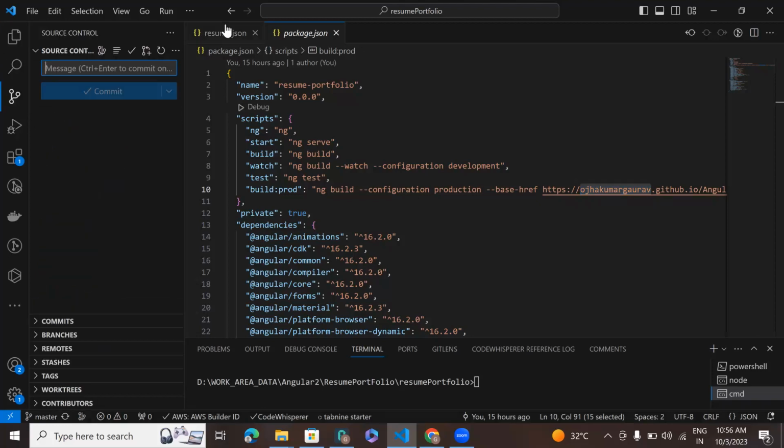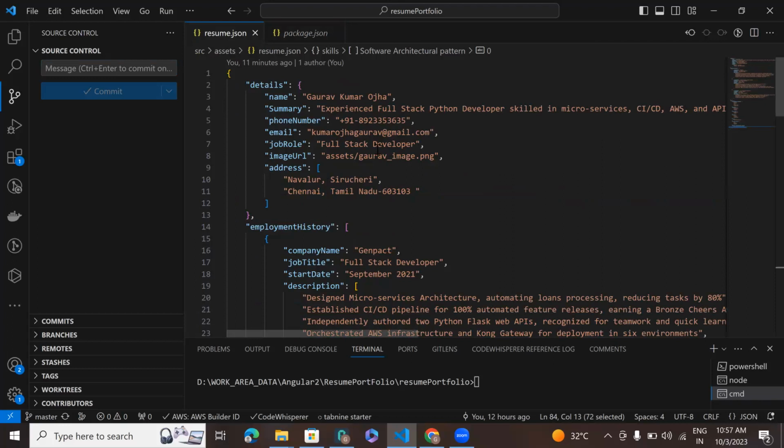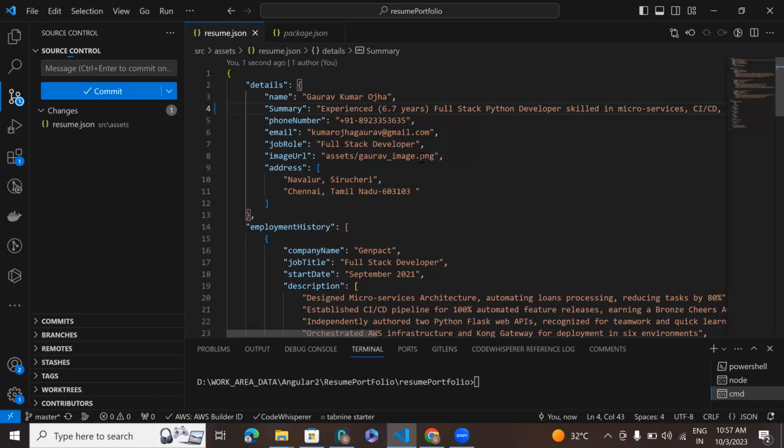So for pushing, suppose I make a small change somewhere. I have written experienced full stack Python developer. Beside experienced, I will mention my number of years of experience. So I'll say 6.7 years. If I make that change and save it, you will see Visual Studio Code highlight that there is a change in our resume.json file, and I'll say that added